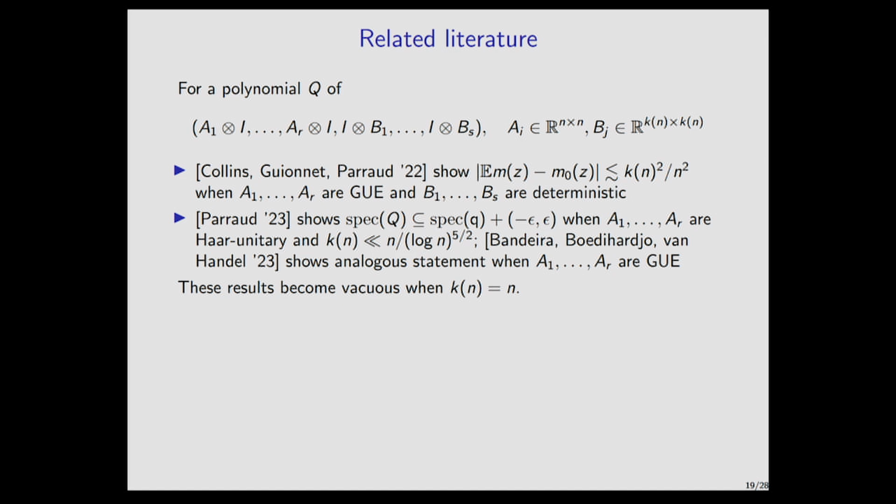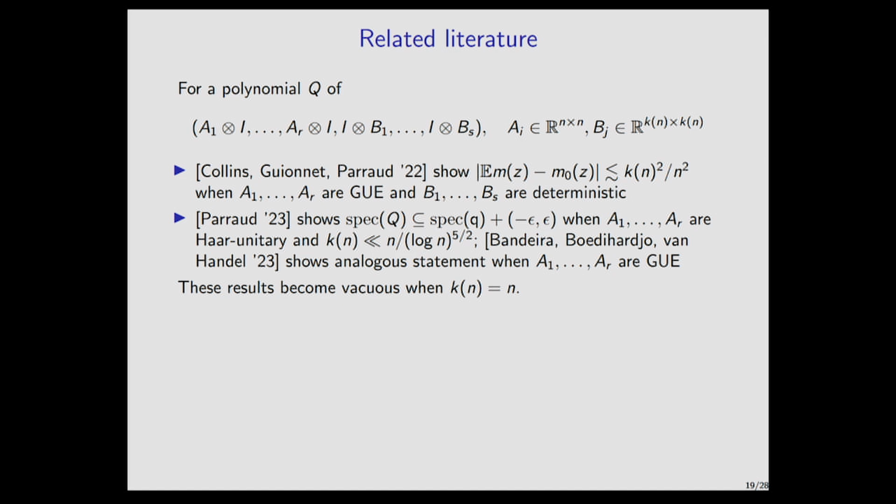So as long as k is a little bit smaller than n, you can iterate on this idea and apply this to derive a full asymptotic expansion. This was done in a couple of papers by Parraud in 2023. And using this asymptotic expansion, you can show a stronger statement of strong convergence, or spectral inclusion. That is, it's not just that the eigenvalue distribution of this Q converges to its limit, but in fact the whole spectrum of Q is contained in a neighborhood of the spectrum of the limit.